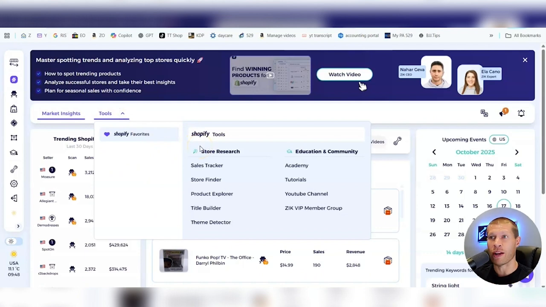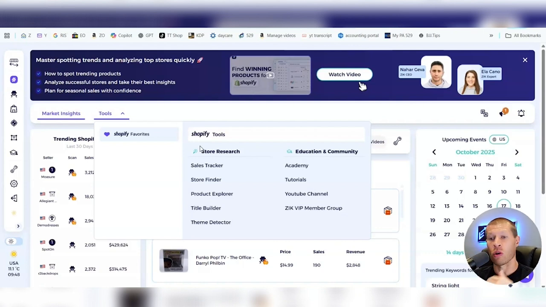They have a store finder. Why are those things important? Well, if you're tracking a specific product, you can keep an eye on it, monitor it for a few days to a week, and make sure that it is actually doing good numbers and see everything that is involved with that specific product. So you can make an informed decision and not just guess based on a window in time,